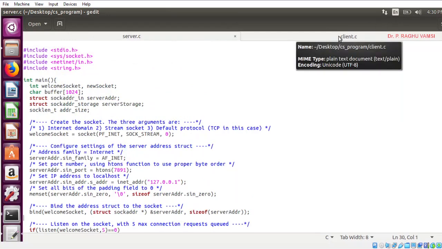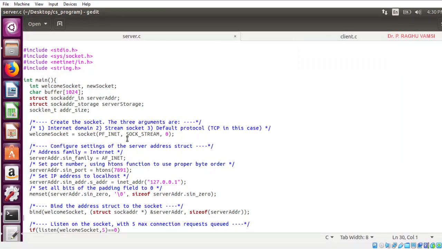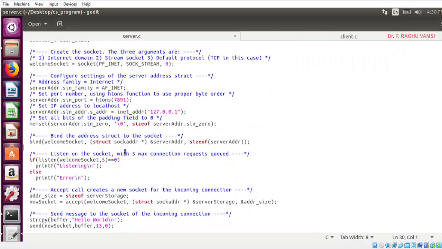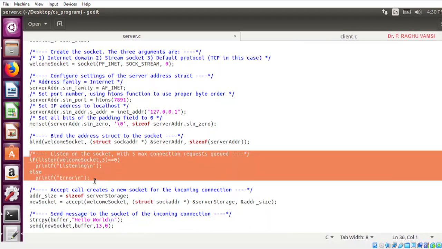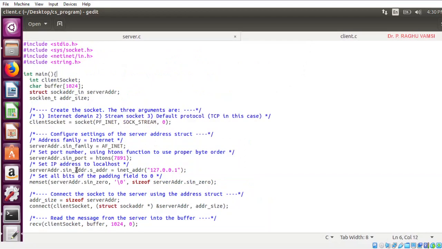There is not much difference in the code between server and client, except for how many incoming requests we are supposed to accept, which is dealt with in the server. While coming to the client, we don't have this condition. So let us examine this client.c.